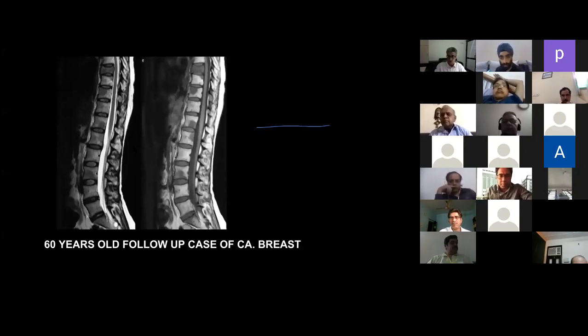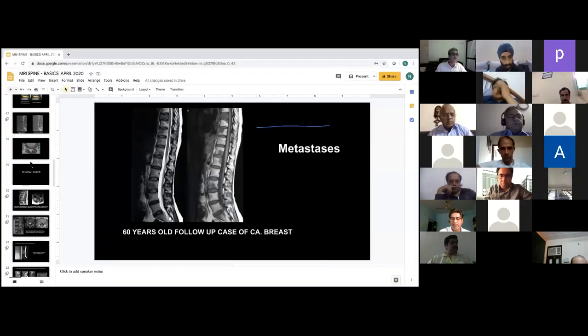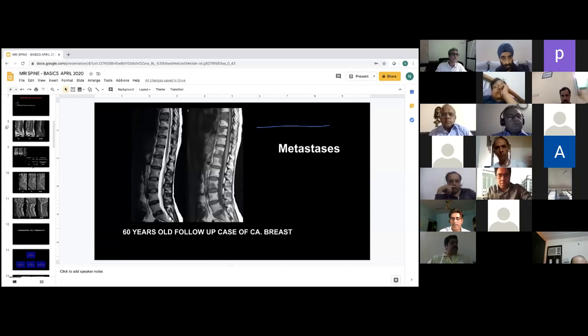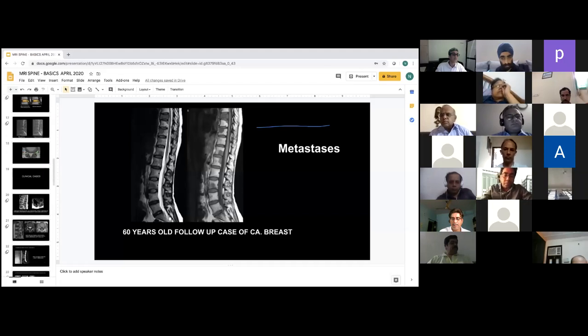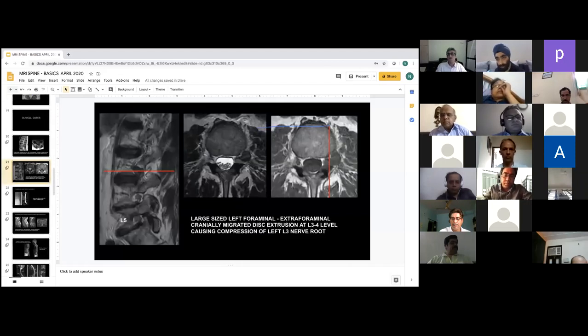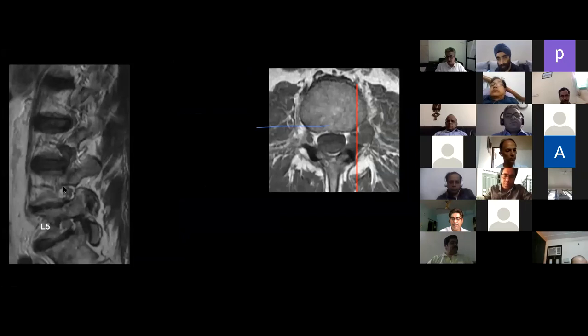And in neural foramen also, when we are seeing a case in which there is a neural foramen, as in this case, usually if there is some fat, which is a residual fat, seen in the neural foramen, we call it mild. And if it is like complete fat replacement, completely fat is not visualized in this, we call it severe.